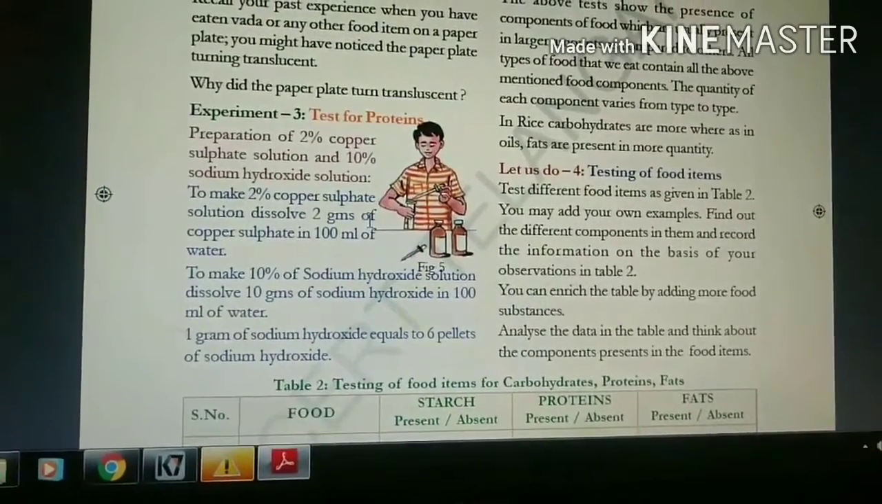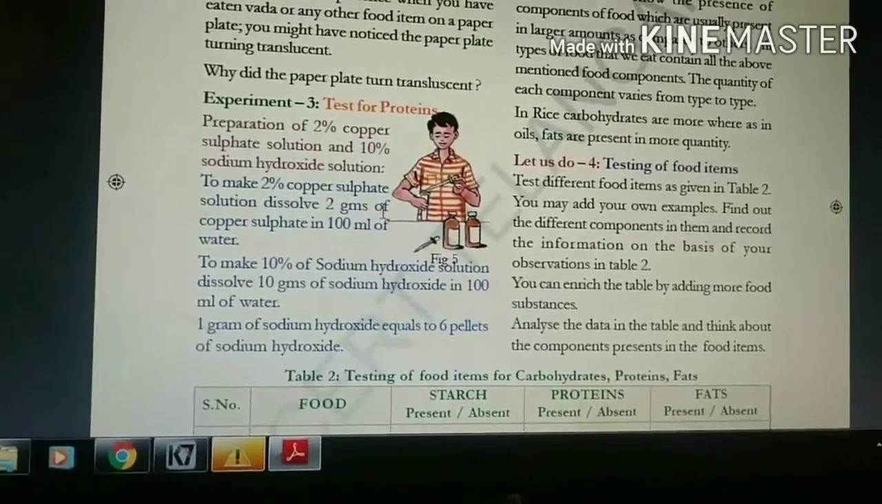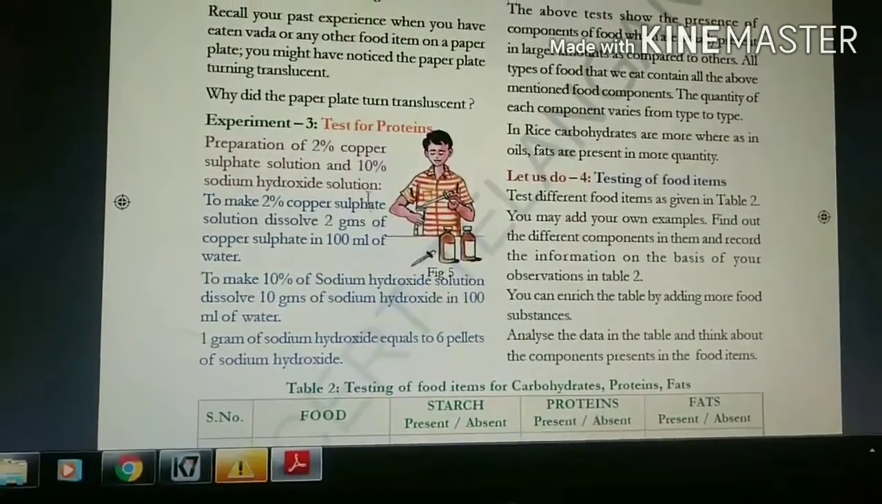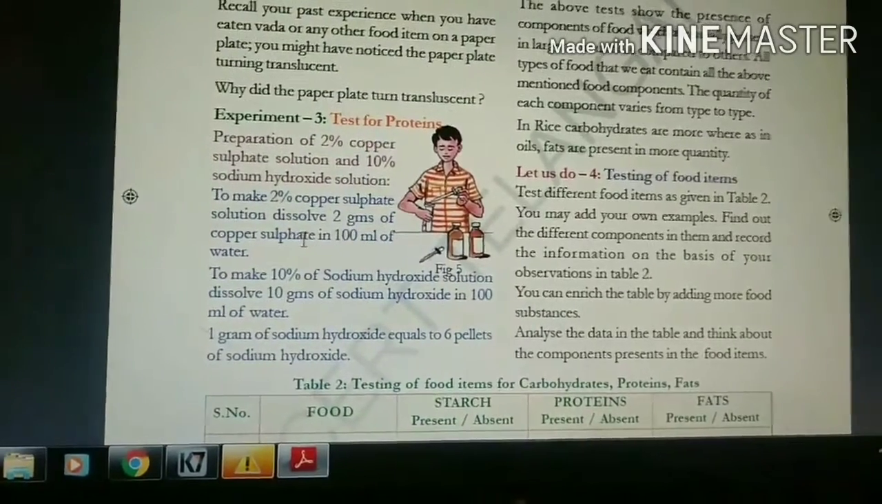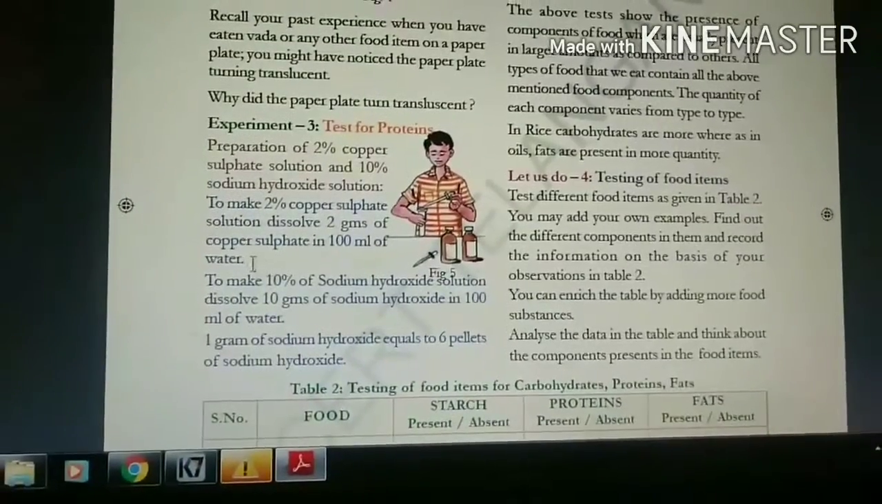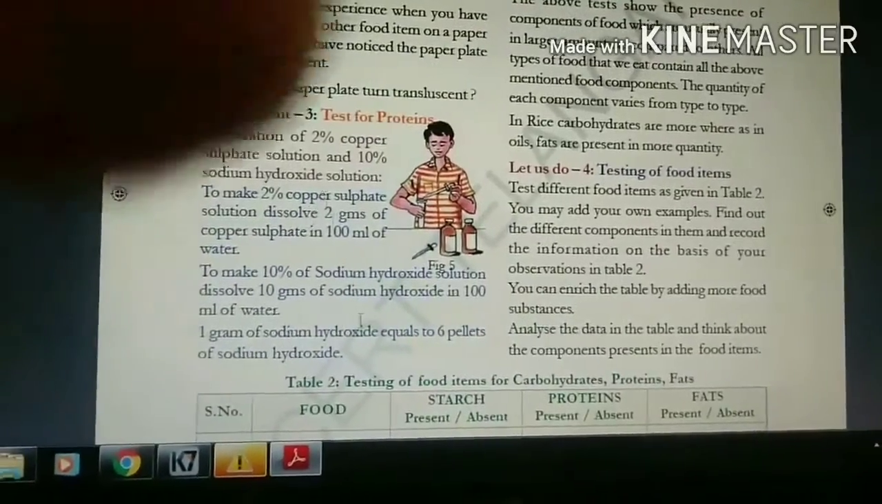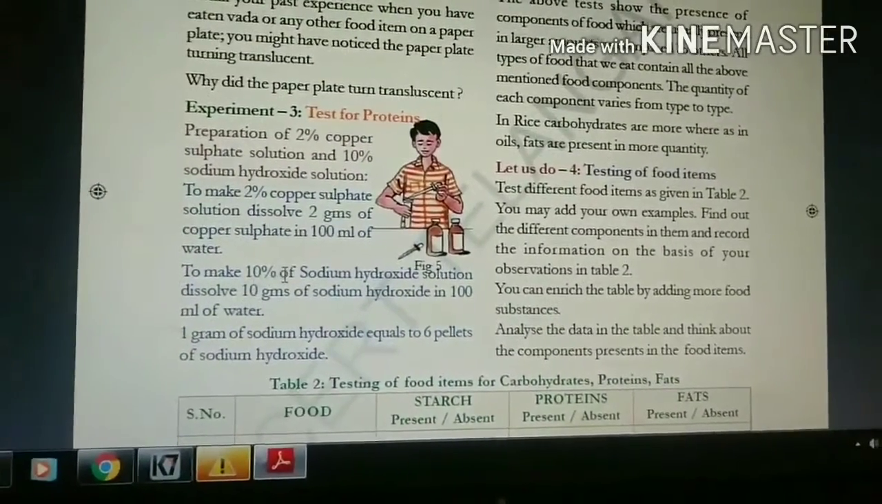Copper sulfate is a chemical that will be available in powder form. So 2 grams of that copper sulfate powder you have to take in 100 ml of water. That will be the copper sulfate solution. And to make